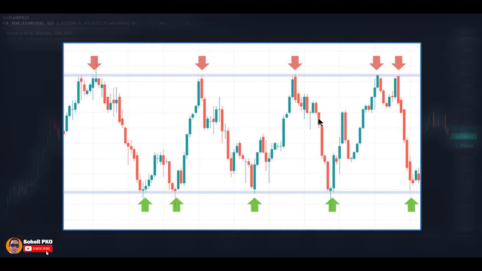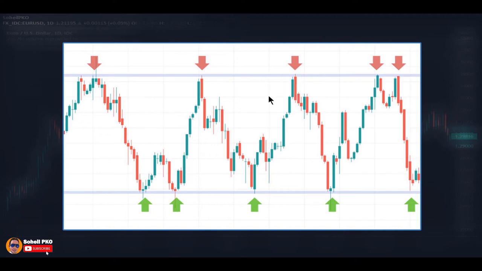For example, on this chart, as you can see, we have an established trading range and traders are perfectly reacting to these support and resistance levels. So when we see the price is reaching this resistance level, the first thing that comes to our mind is that the price is going to reverse after hitting this resistance level. One way to realize when this is going to happen is looking at candlesticks or candlestick patterns forming near this